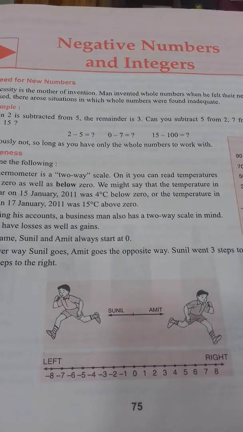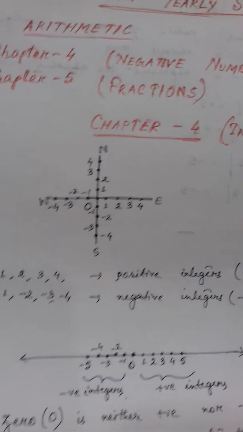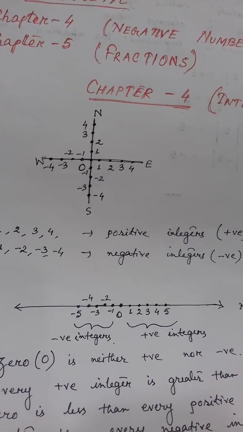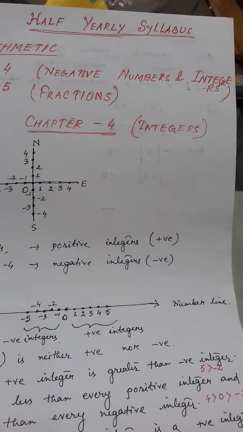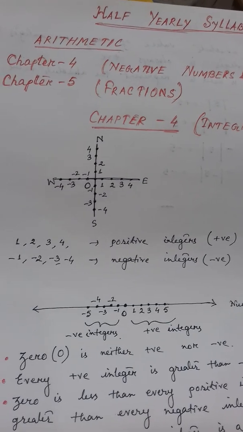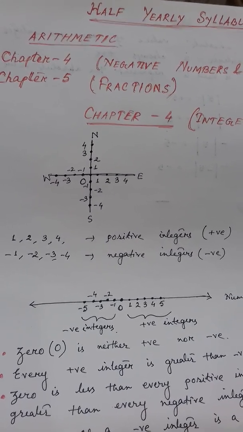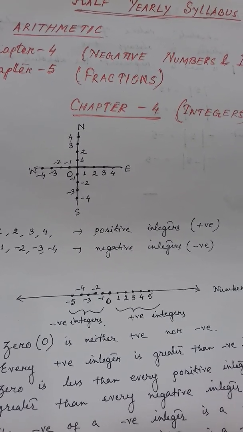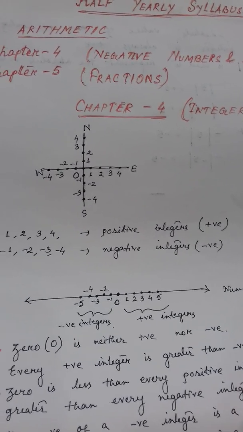Now, what does integer mean? So, all of you know about the natural numbers and whole numbers. Yes or no? Natural numbers start from 1 to infinity, and whole numbers start from 0. Clear? So, 0 itself is not considered as a number or digit. If you add 0 with any number, then it has a value. Clear?